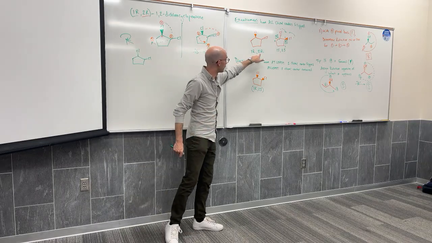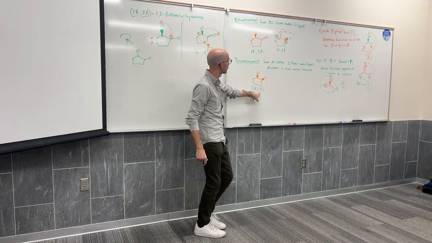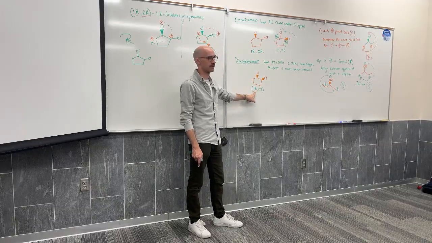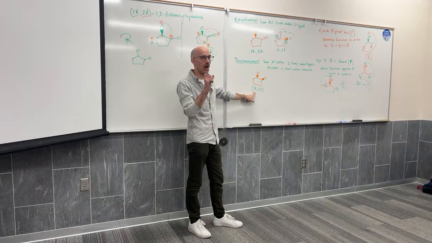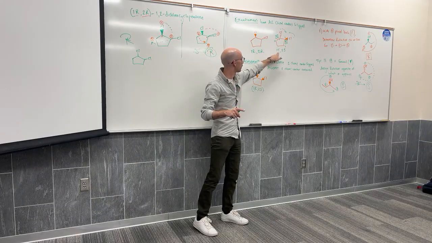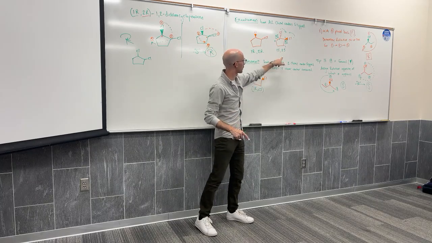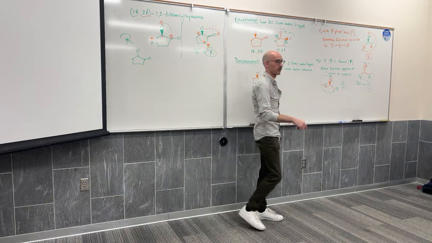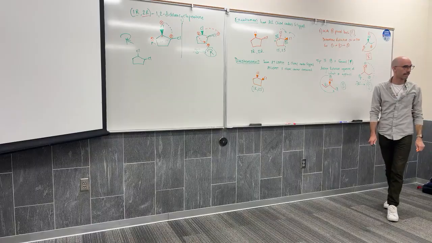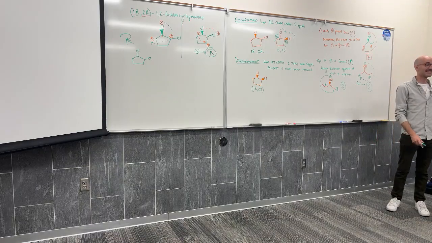And you can see that means 2R becomes 2S, or 1S becomes 1R. One chiral center has flipped. One chiral center has been conserved. So would both of them being dashed be exactly the same? Or does it have to? Yep.